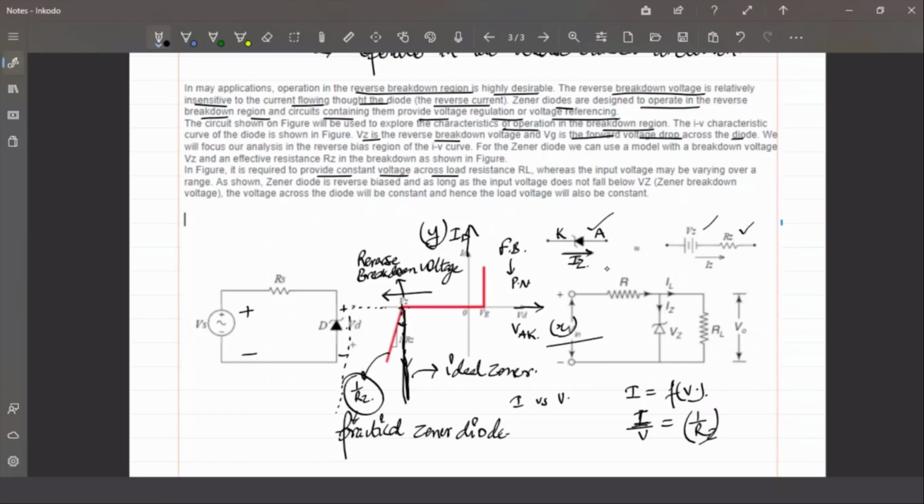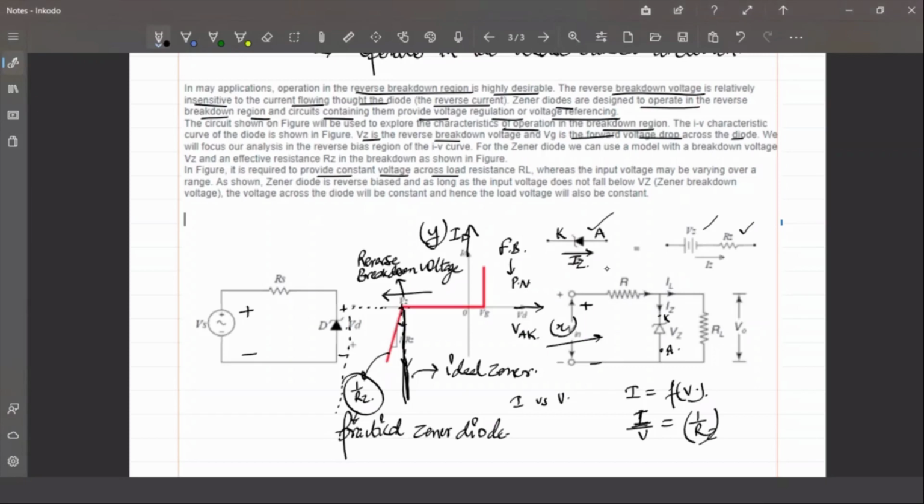So how is it used in a voltage regulation circuit here? Let us see. This is the right hand side. You can see this is a small circuit. Input voltage is provided and a resistance is there, and the diode, you can see this is a PN Zener diode connected in. This is cathode and this is the anode. Whenever this positive and negative is there, that means this is in the reverse bias condition. It will take some amount of current because it is in the reverse breakdown condition now, and then across that the voltage will remain almost constant, Vz.